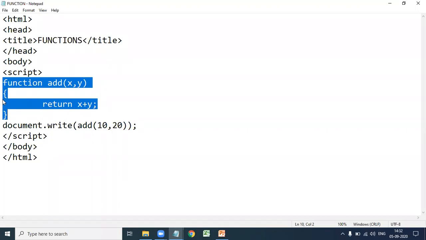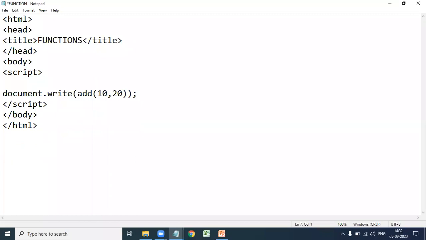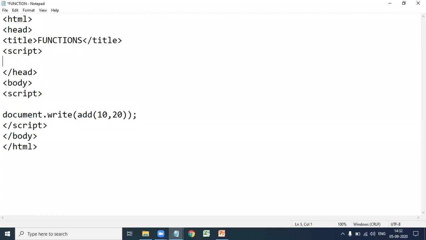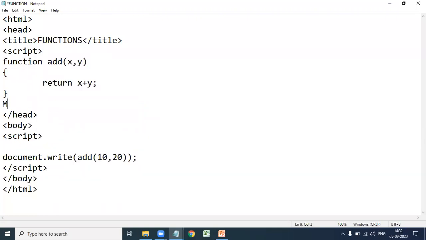Function call also. Let us see the function definition if you write it in the head section in HTML. So here head section in HTML, script, function definition, and end the script.